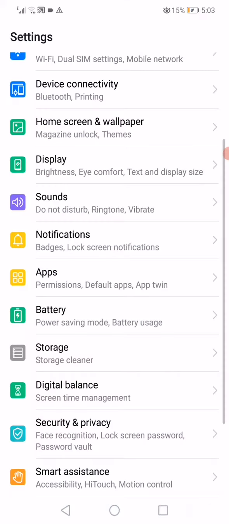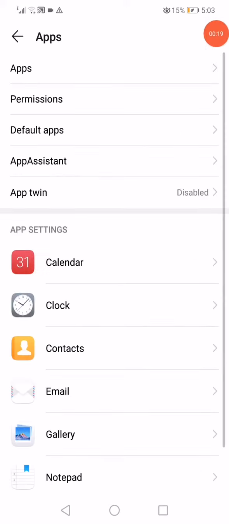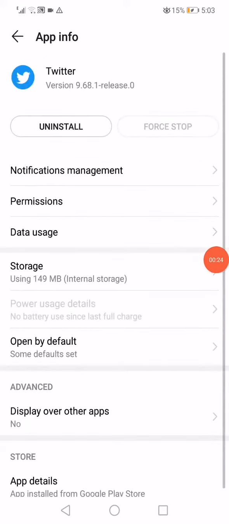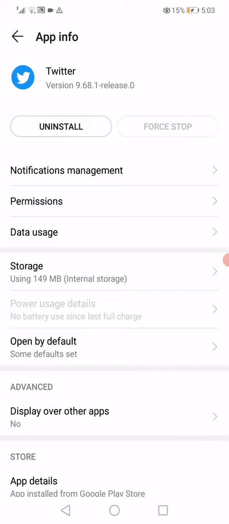So the first step is you have to open the settings on your phone and then go to the apps manager. Open the apps and then go to the Twitter app between all the apps that you have on your phone. After that, you have to open the permissions